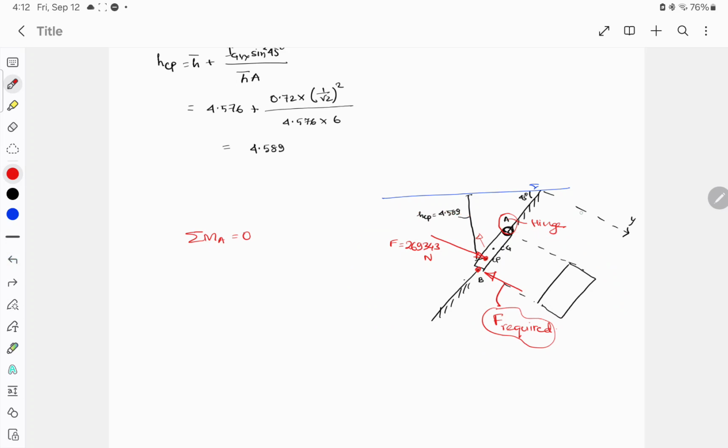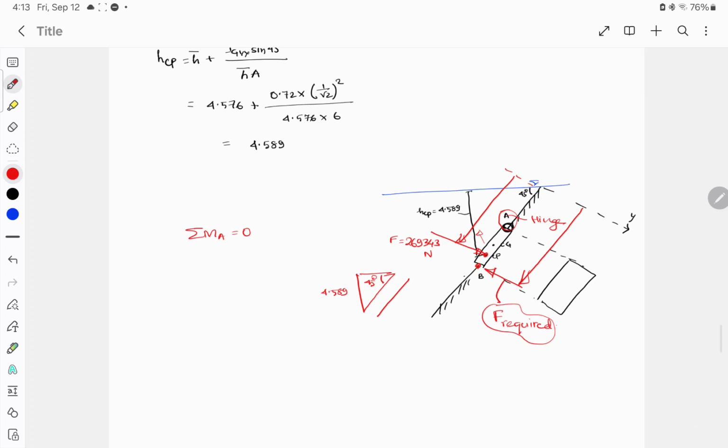हमें चाहिए क्या, इन लोगों का परपेंडिकुलर डिस्टेंस, ये वाला डिस्टेंस चाहिए और ये वाला डिस्टेंस चाहिए, राइट। ये वाला डिस्टेंस कैसे निकालेंगे, ये HCP YCP निकालना है। सो HCP हम लोगों को दिया हुआ था, है कि नहीं। HCP हम लोगों ने निकाला है 4.589, ये 45 डिग्री है। तो ये YCP, ये वाला डिस्टेंस, ये हम लोग का ट्राइंगल से आ जाता है, ये YCP होगा।